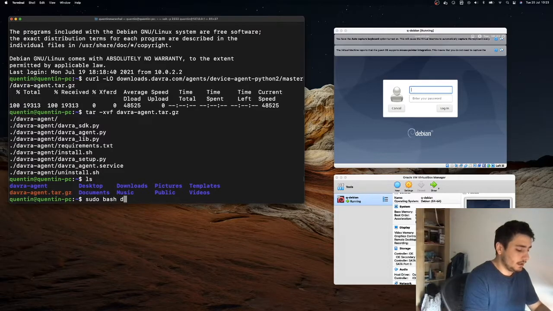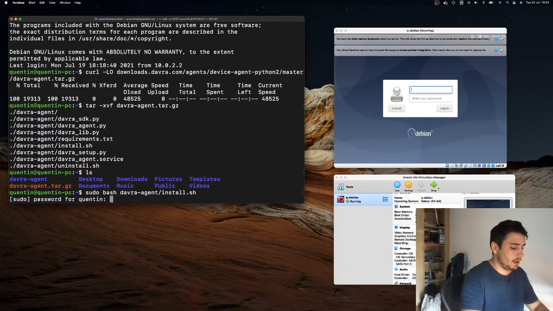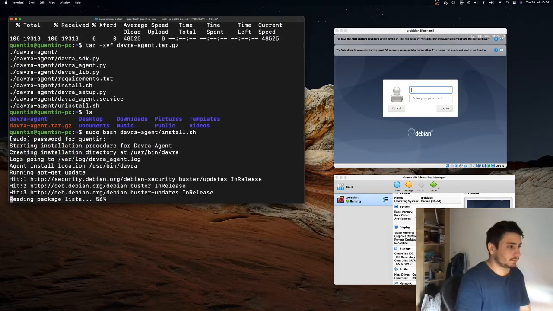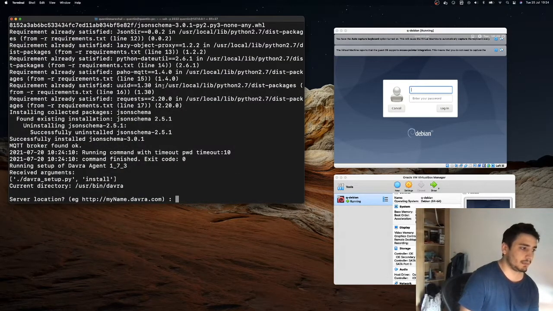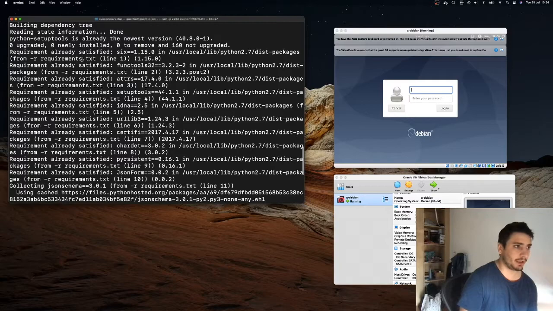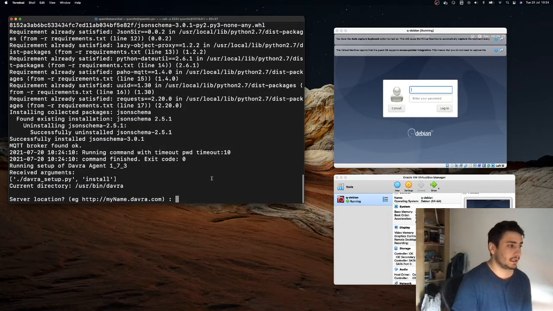bash install.sh. It asks me for my password. The user running this needs to have an admin password, because some of the commands used by the agent will require root access. So